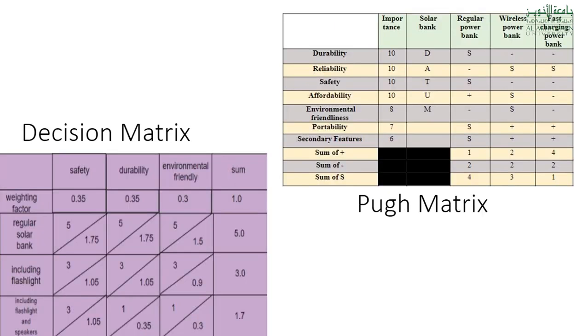Now, concerning the concept evaluation process, we started off by making the PUG matrix. As you can see, it shows our customer requirements and it measures its importance with regards to our project and with regards to other similar power banks that are currently in the market. As you can see from our decision matrix, we weighted some of our requirements with the possible project designs, and we ended up deciding to build a normal solar bank without including flashlights and without including speakers because it was